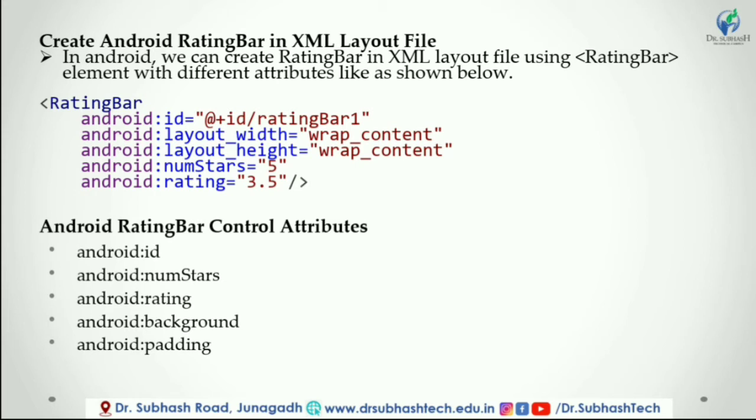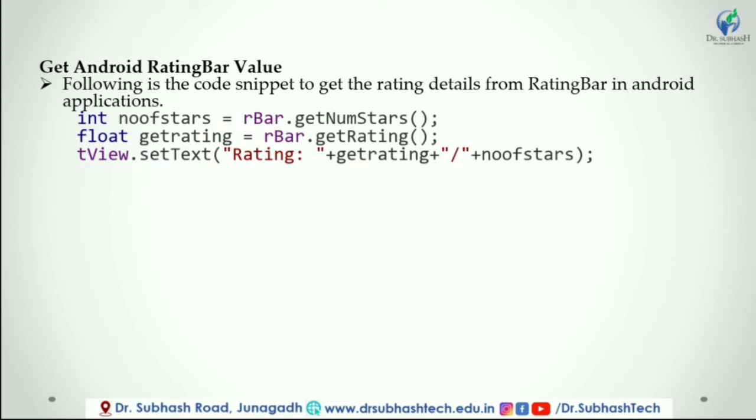Now we will see how to get the rating value from rating bar control in Android application. In Android, by using RatingBar methods getNumStars and getRating, we can get the number of stars and rating value which was selected. Following is the code snippet to get rating detail from rating bar in Android application.